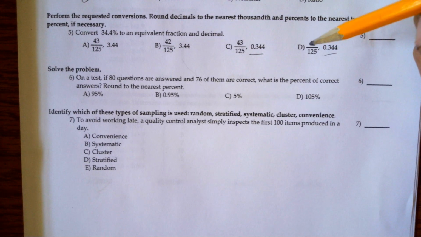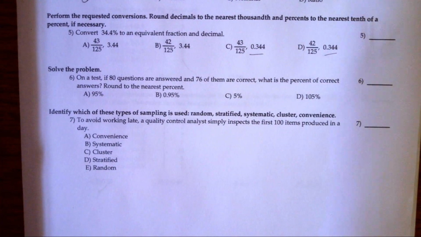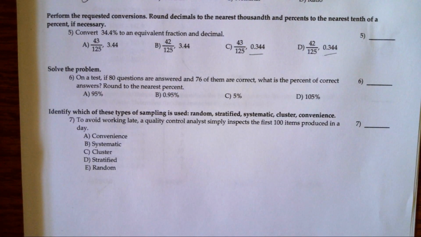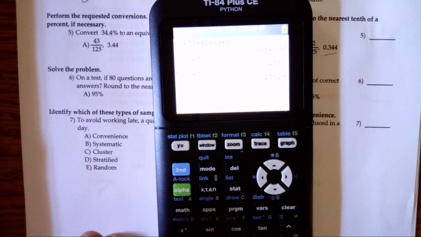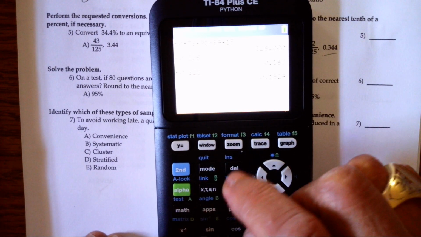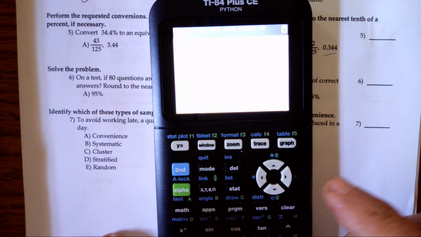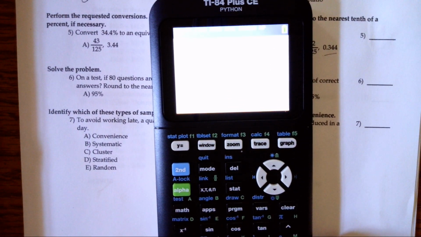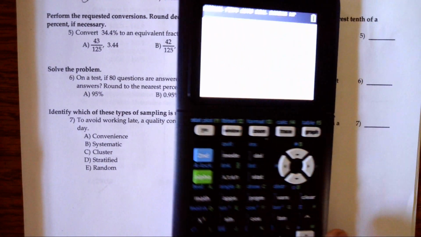I'll show a video. In fact, I can probably do it here. I'm not sure you're going to see it, but at least you get the idea of how you do this. Let me clear this off. You can't see it all that well. Let me clear. What I would do is this. I would put in my calculator 0.344,